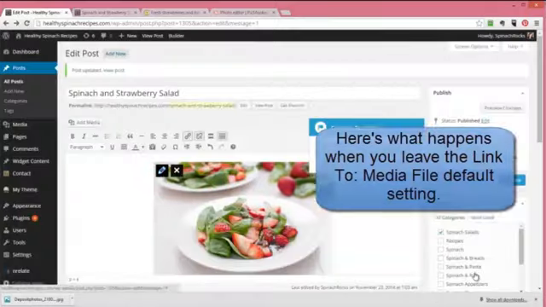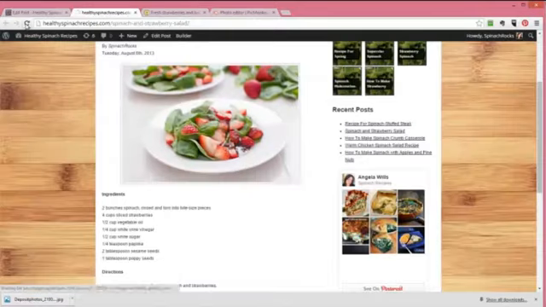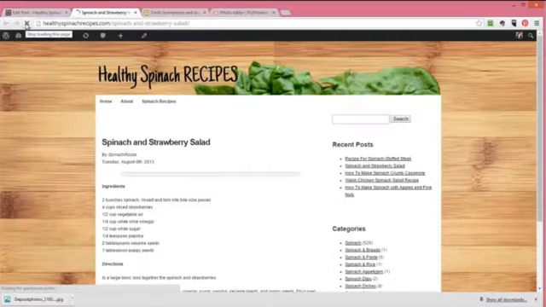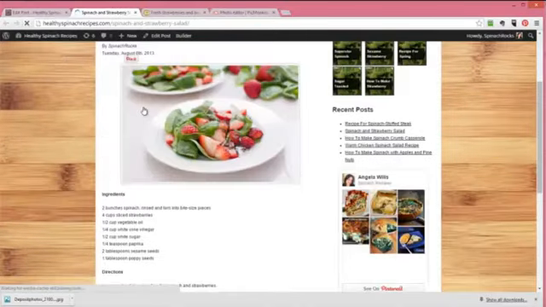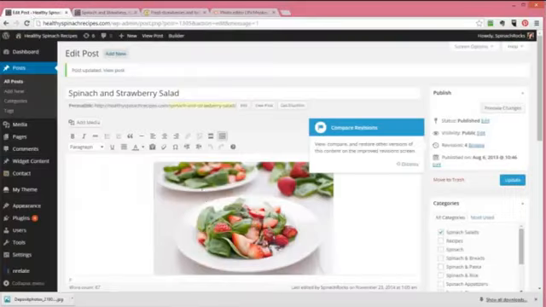And then click Update. I will click Update here on the post, and then I'm going to go back to my other tab, hit refresh, and show you what happens when it links to the media file. You see, people will move their mouse around and they'll see that this is clickable. They'll want to click it and it brings them here. And this is a dead end. You don't want to give people dead ends on your website, so you want to make sure you do edit that and remove that